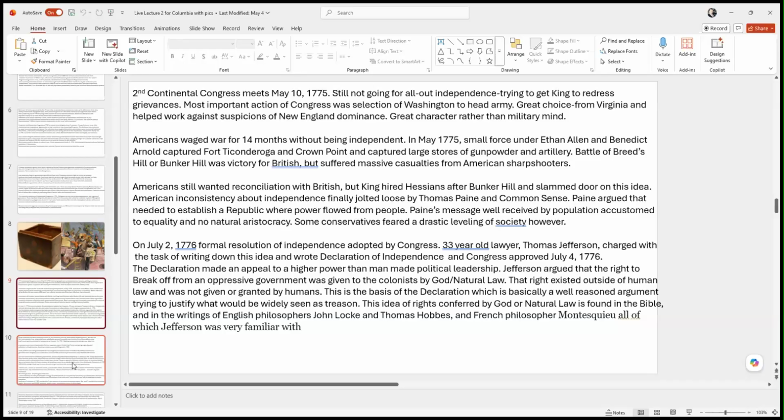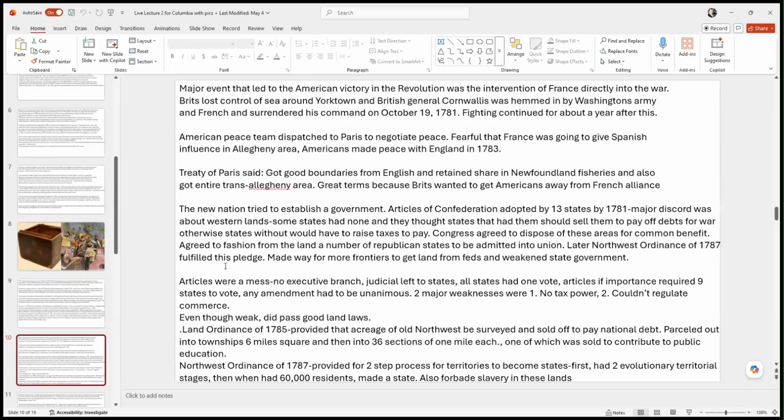So the war goes on, and it's fairly one-sided for a long time. And what really begins to shift the balance in the Revolutionary War, the American government had been trying for a while to get the French to come into the war on their side. They had Benjamin Franklin in Paris, kind of wining and dining and trying to get the French, and eventually they're successful. The French agreed to enter into the war as a full ally of the Americans, and that changes everything.